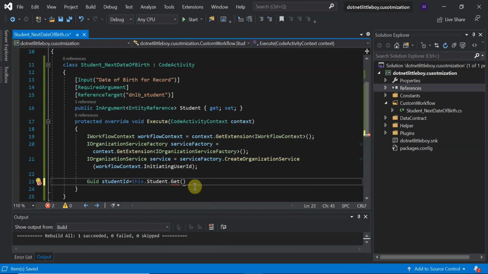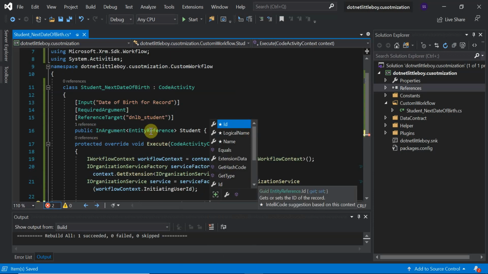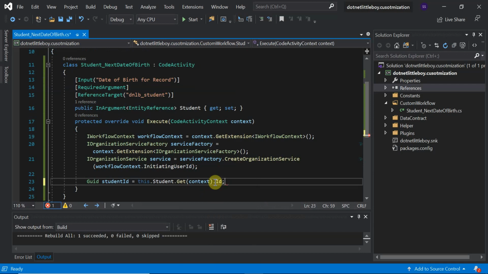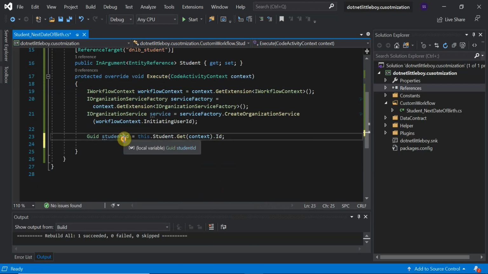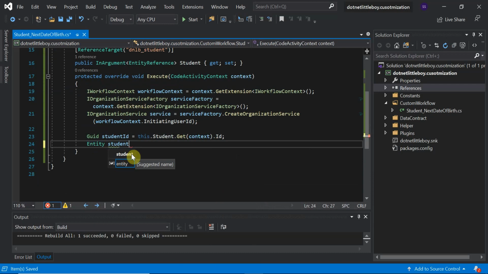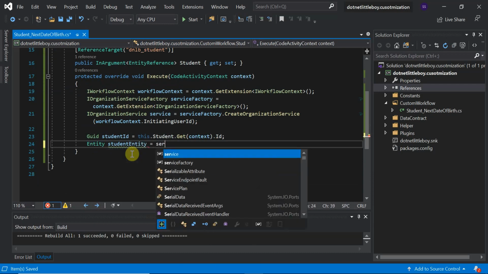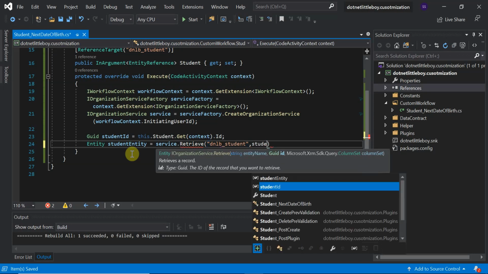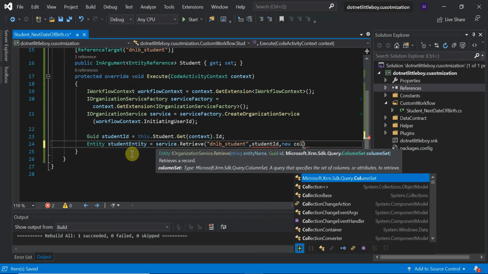So we'll pass it here, context, and inside this context we'll have the input argument, this one which we have set, that is nothing but the reference type. So from this we'll get the ID here. So now we got this student ID, which we will set into the custom workflow, and using this student ID, I will query the student record. So entity, name it as studentEntity, that is equal to service dot Retrieve, and I know the schema name of that, dnlb_student, and then ID is studentId, and then the column set which I want to retrieve,